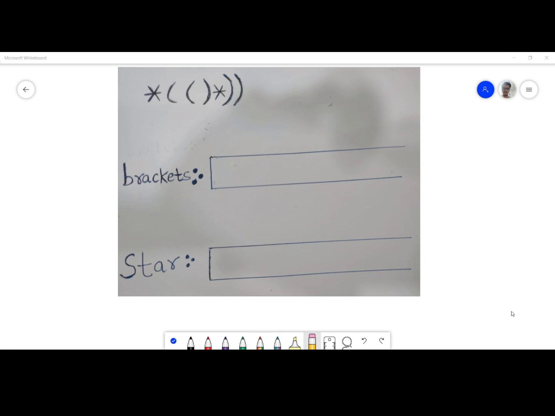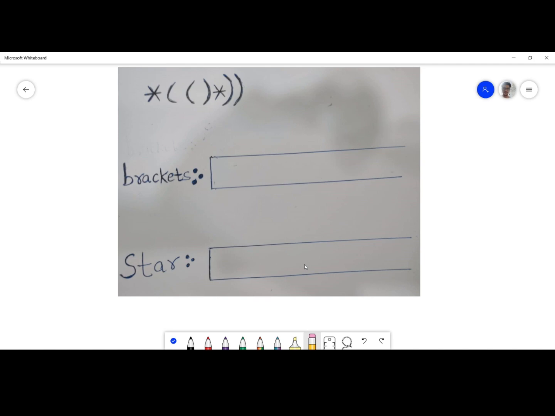Now let's try to understand our approach by taking an example. As we iterate over the string, we would push the star position in the star stack, and whenever we come across the opening bracket, we would push its position in the bracket stack. For the closing bracket, whenever it occurs, we will check the bracket stack, and if it's not empty, then we will pop the element from the bracket stack. But if the bracket stack is empty, we will push the closing bracket position into the bracket stack, as the closing bracket can be balanced by the stars which occur before that closing bracket. So I hope that now the approach is clear.